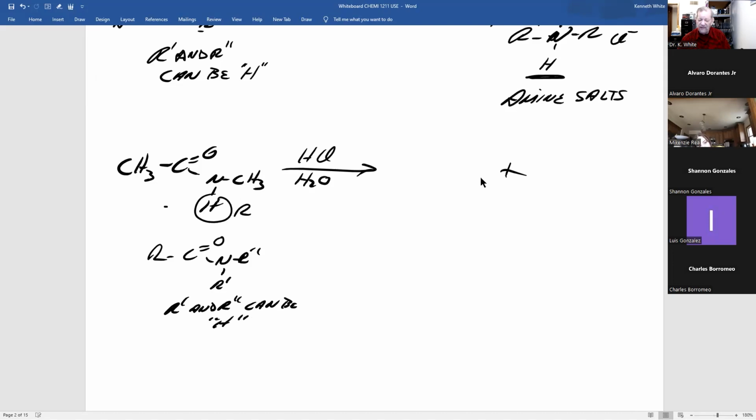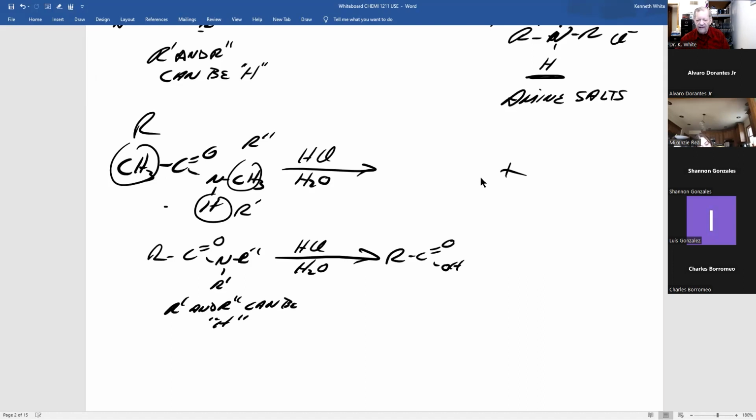I can call this R prime or double prime, the other one R prime or double prime, and this is R. And when you take an amide and react it with acid and water, you get back the carboxylic acid you would have used to make that amide, plus not the amine, because you're in acid. The amine gets protonated, reacts with the acid